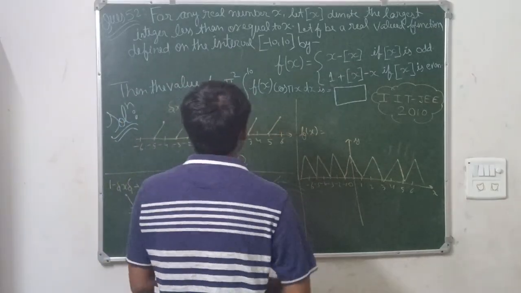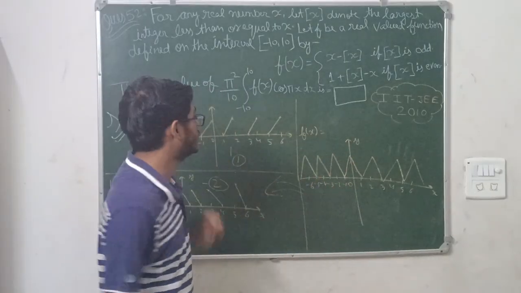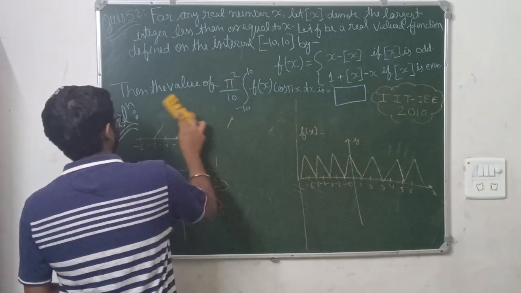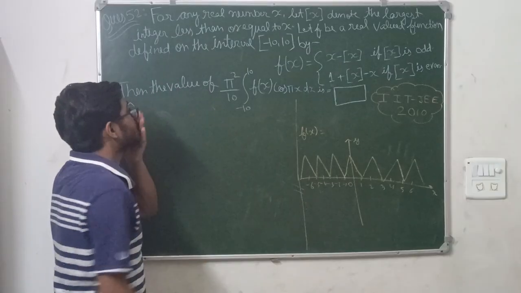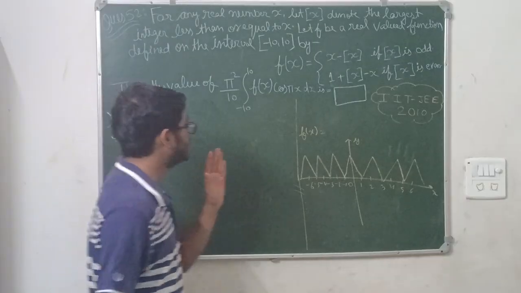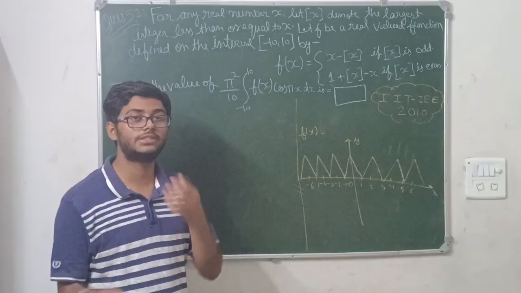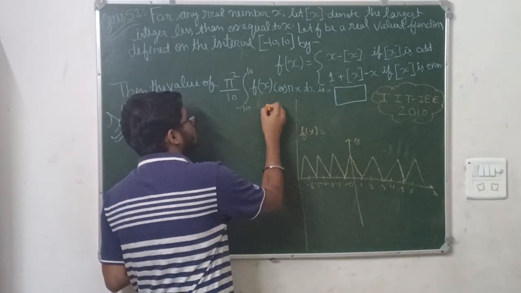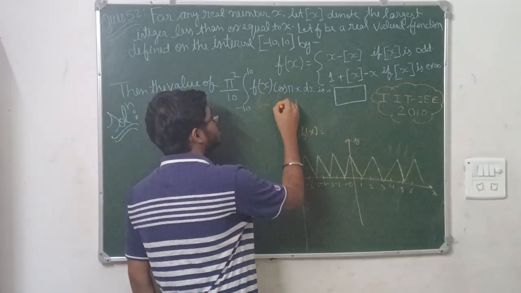Now you have to find the integration. Okay, so this was the whole concept of the function which you have to use to find the graph of fx. Okay, now we are solving the integration here. See, minus 10 to 10. You can see that this graph is symmetrical about y-axis. If anything is symmetrical about y-axis, then it is clear that fx is an even function, and cos x is also an even function.